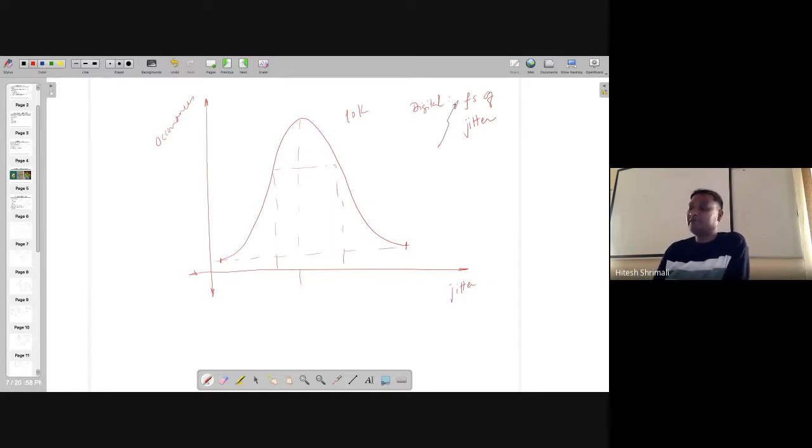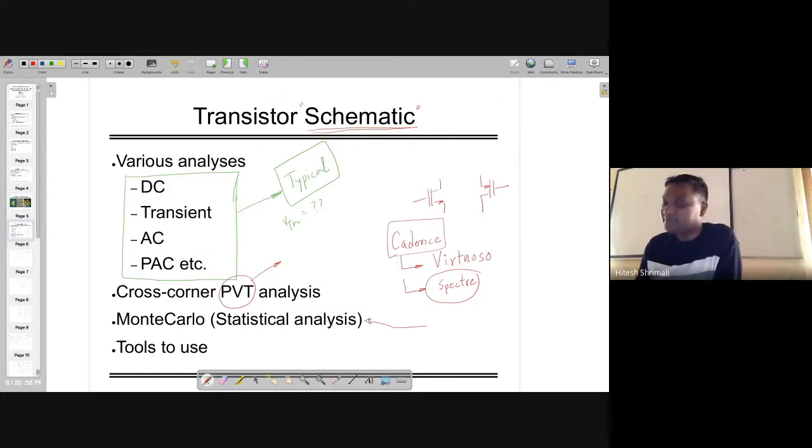If not, then they are not going to tape out that. And that's how you might know that some companies say all our products are 6 sigma, not 3 sigma or 4 sigma, 6 sigma. 6 sigma means nothing is failing below that number. Around 5,000 numbers are here, and the rest of them will be on this side or this side, as this is a probability function, which is already known to us. The world is Gaussian in that way. That is what we are doing with Monte Carlo.